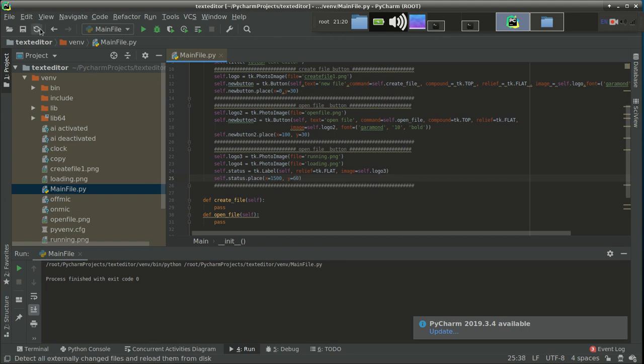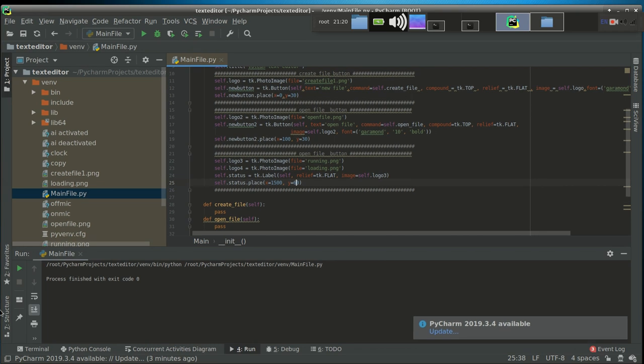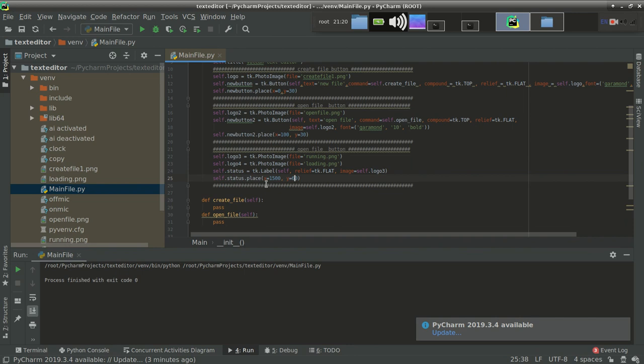Guys, let me tell you first that the printer coordinate starts from this corner, the x coordinate goes here and the y coordinate goes here. So we want x around 15,000 and y around 60, so our indicator is going to appear over here.